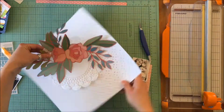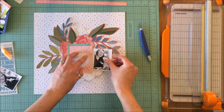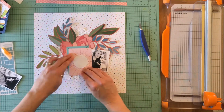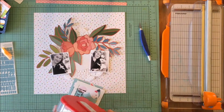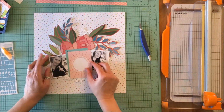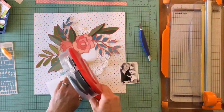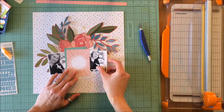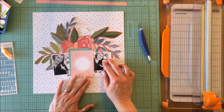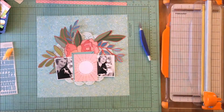selvage strip, and then I'm distracted by the back of the exclusive Cocoa Daisy pattern paper, and I like this a lot more. You can see the floral better, and it's a white background, but it's not a pure white background, so the colors of the triangles complement the colors that I've got in the kit, which is the beauty of kits. So spur of the moment, I changed my mind and used that background,